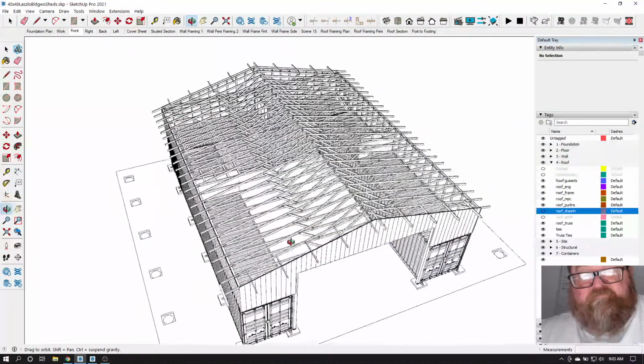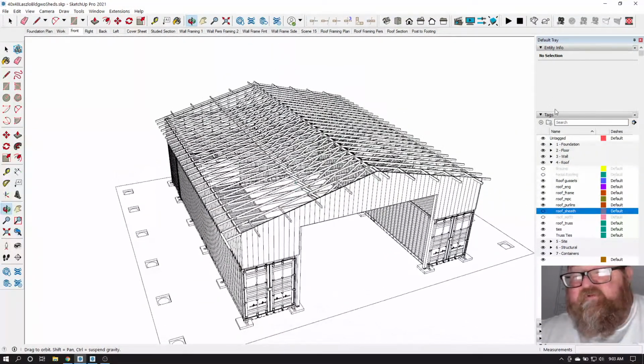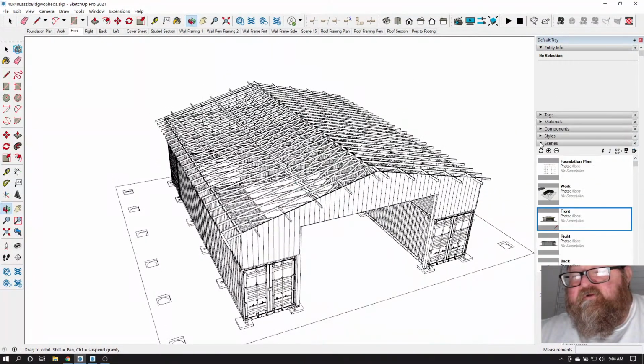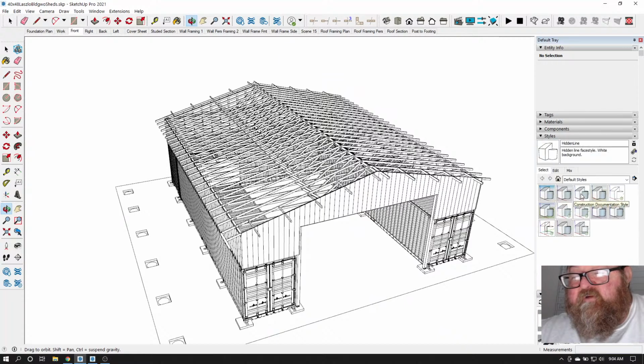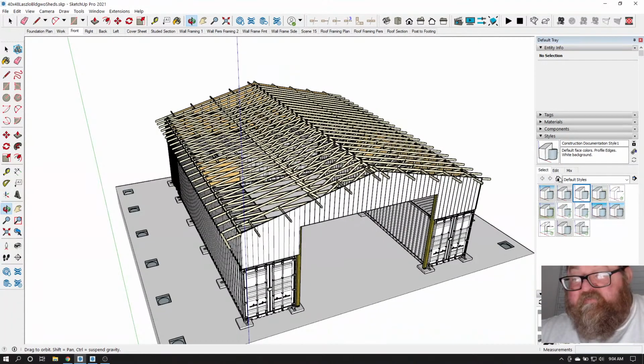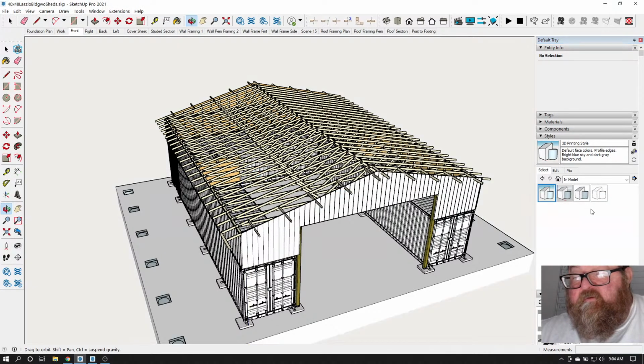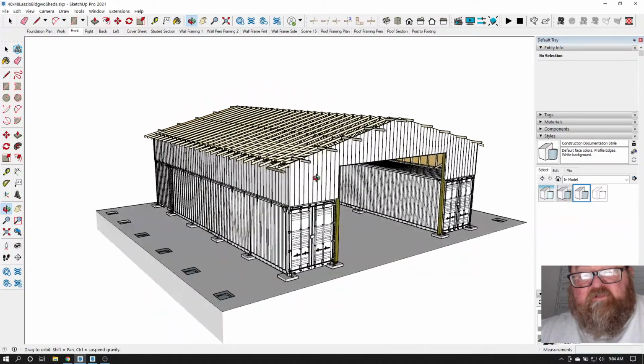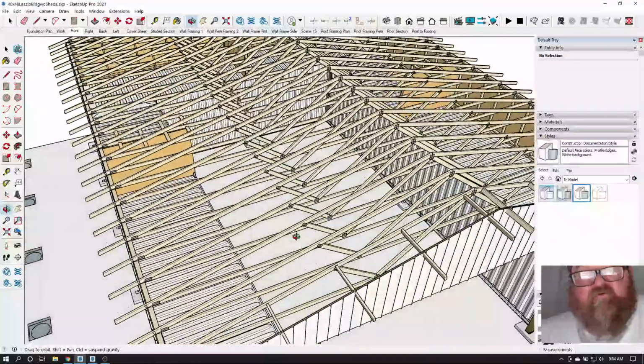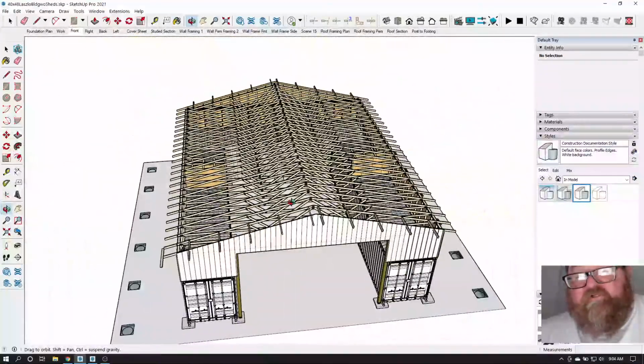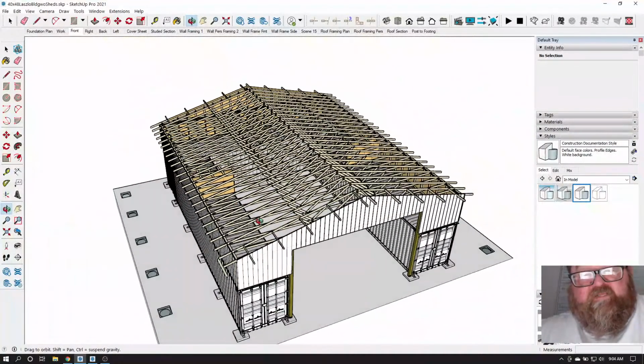So now, let me go into a different view too. It might be easier, or a different style. When I'm working, I like to use something I can see. Oops, not that. I actually want to delete that one. There, that's the one I want. It's a little bit easier to work because you get the texture colors. Now I can